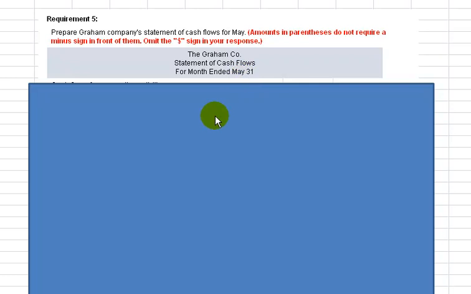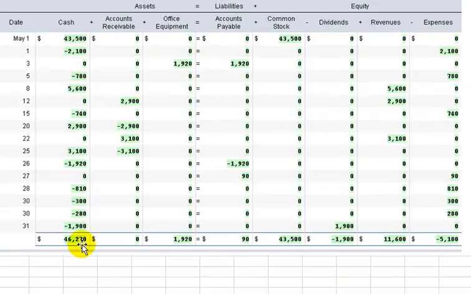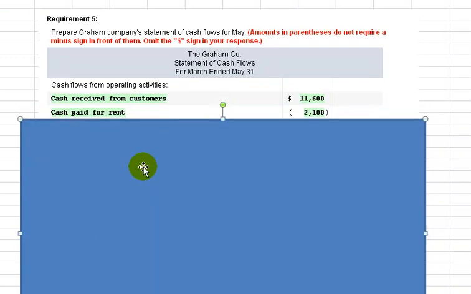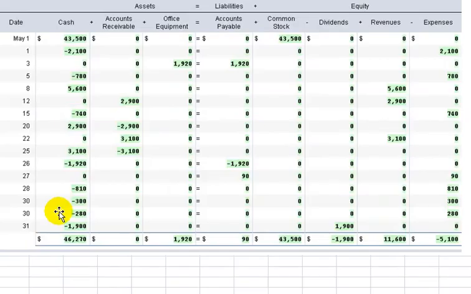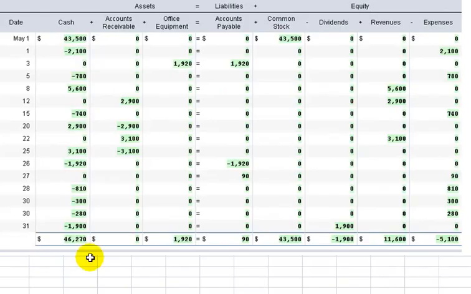It represents the statement of financial position as if the business closed at midnight or the end of business on that day. All right, for the statement of cash flow, essentially what we do is we analyze what happened in the cash account. So the cash, we would go through all of these transactions and categorize them. The cash we received from customers would then be totaled, and they totaled 11,600. The cash paid for rent was 2,100. That's this 2,100 right there, right? That was for rent expense. We had a cash payment for cleaning, $780. That was this item right here on the